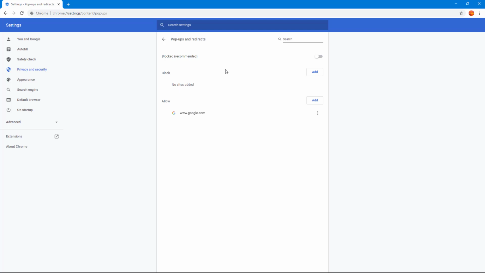Now all the other websites are blocked, and pop-ups are enabled only for the google.com website. If I were to click on this and click on remove right here, then it is removed. But if you want the opposite settings, then you can allow all